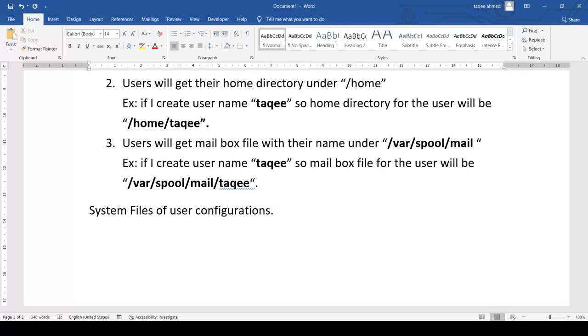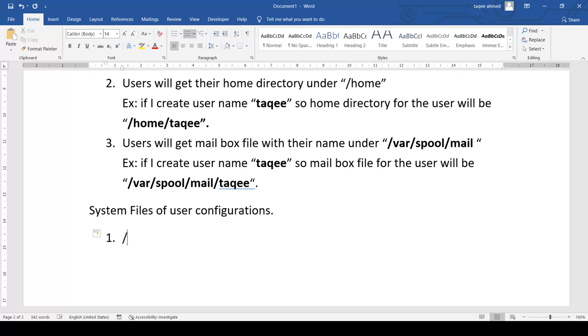These files are for reference, for information. We will use commands to configure those files. We actually can configure those files directly, but that is not recommended. So we will use commands to configure the user information. So the first file is